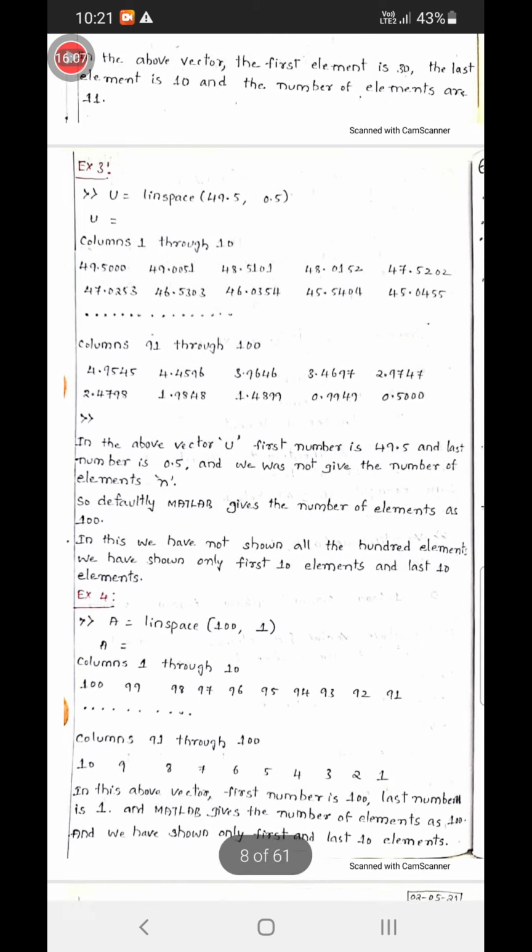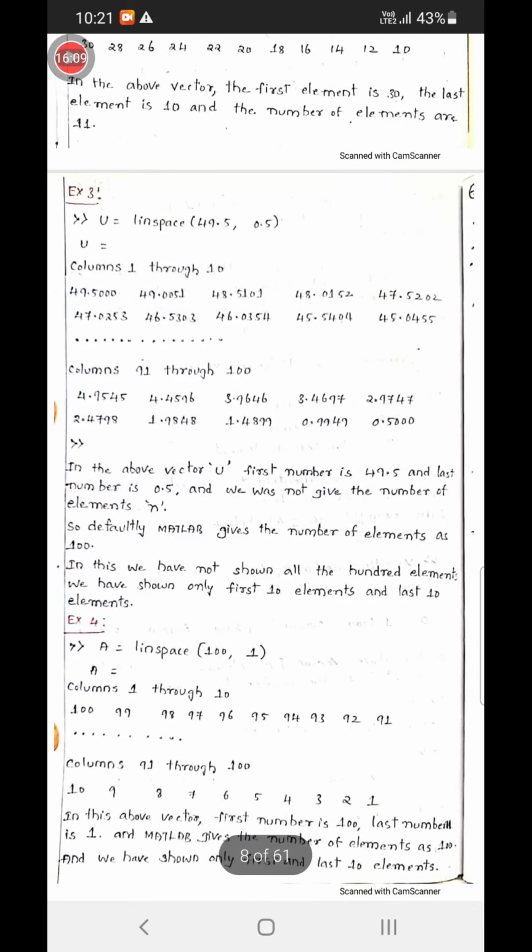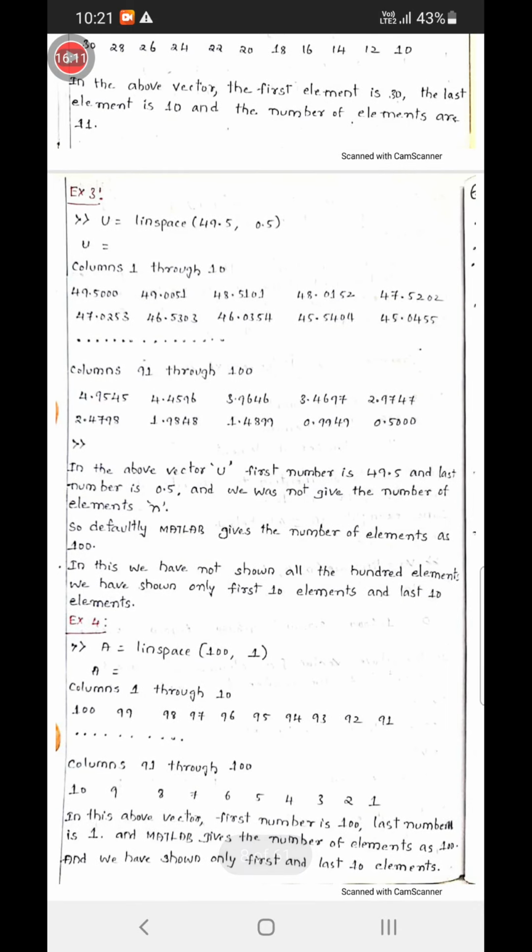With this fourth example, we can clearly understand, if we do not mention the number of elements, how MATLAB divides the range into 100 elements. So now you all have got a clear idea about this, right?